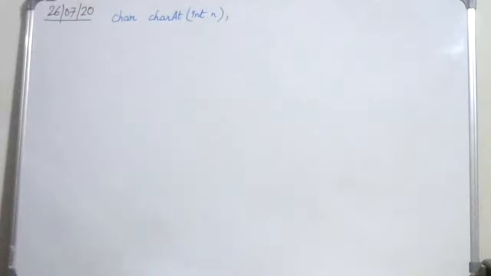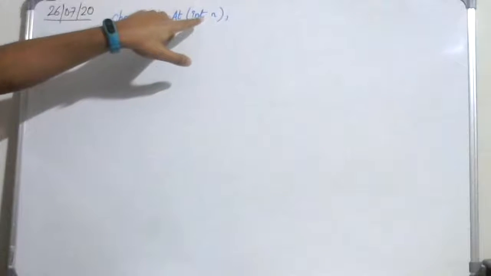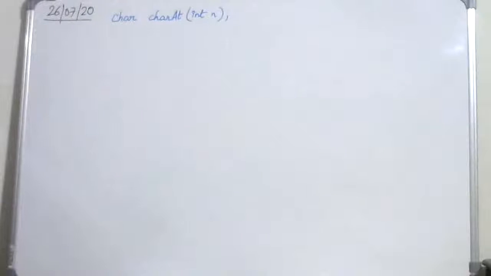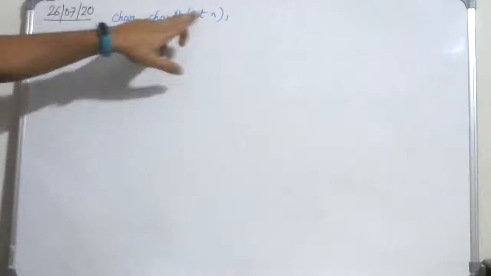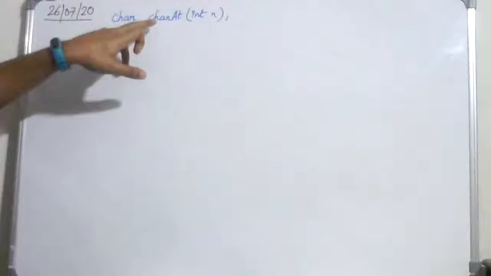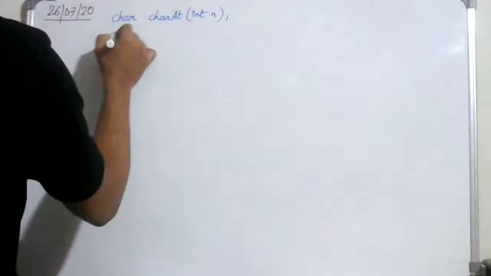As you can imagine from the name, charAt basically finds out the character at the location given as an argument to it. So int n will obviously be an integer number. I'll be calling this charAt function upon a string. Now let's take a look at the example, so it will be much easier to explain.